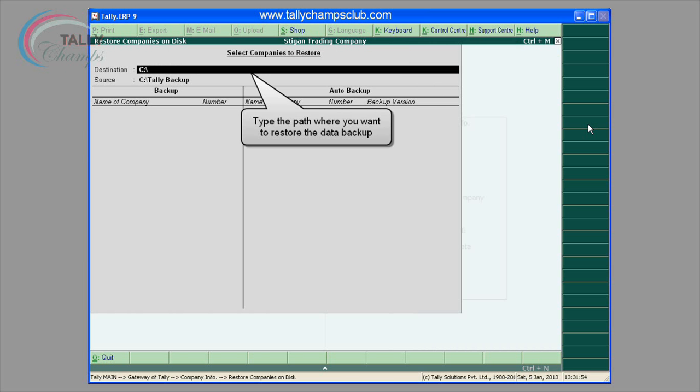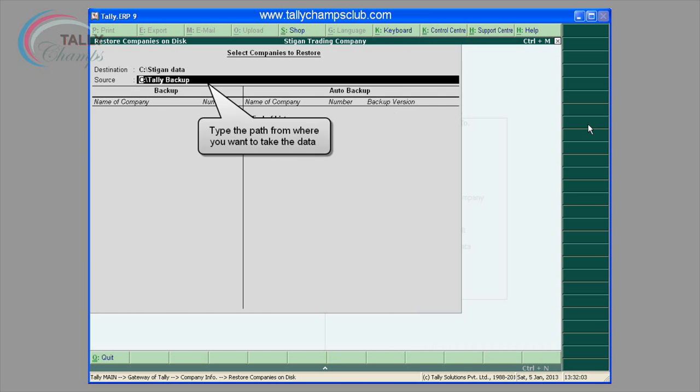Enter the following details. 1. Destination is the path or the folder where data backup needs to be restored. 2. Source is the folder or path where data backup file or auto backup files for multiple companies are stored. The path specified can be on the same storage device, external storage device, or a storage device on the